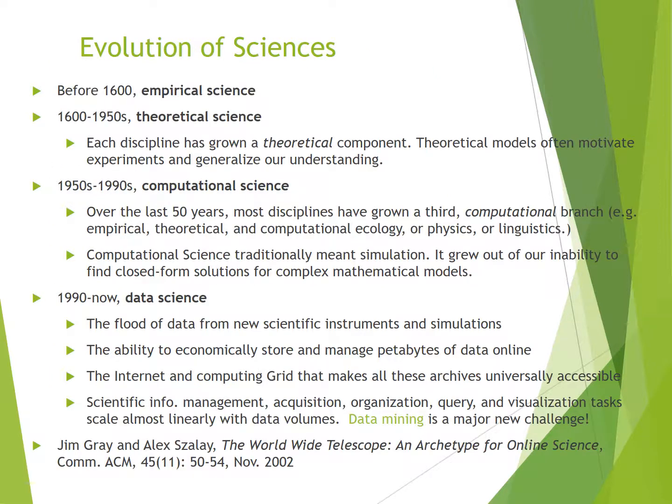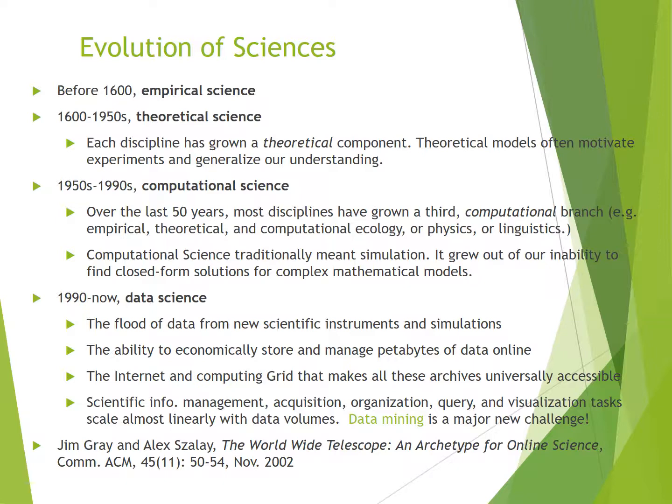Evolution of the sciences, we talked a little bit about Aristotle and Plato. Before 1600, the empirical science emerged. Empirical science meant things that you can measure and quantify. That emerged out of a very ambiguous era where things were based on myths and legends and supposition without any quantitative proof. And so the empirical science era was a major step forward in scientific pursuits because, again, it was based on numbers and facts and measurements and those kinds of things.